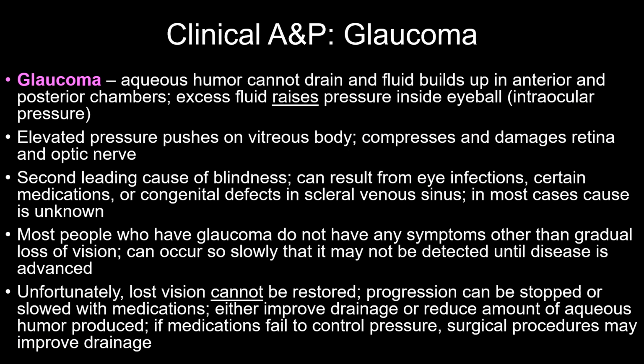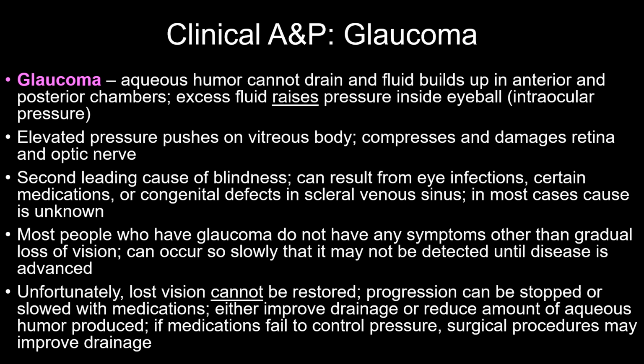Now, if aqueous humor doesn't drain and that fluid builds up, it's going to raise the pressure inside the eye, in what is known as intraocular pressure. This elevated pressure pushes on the vitreous humor, and then that pushes on the retina, and that can damage it and the optic nerve. And so glaucoma, the second leading cause of blindness, can actually result